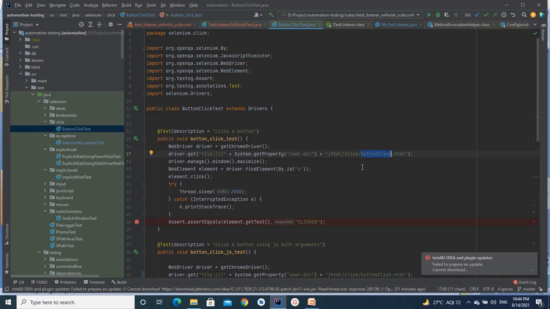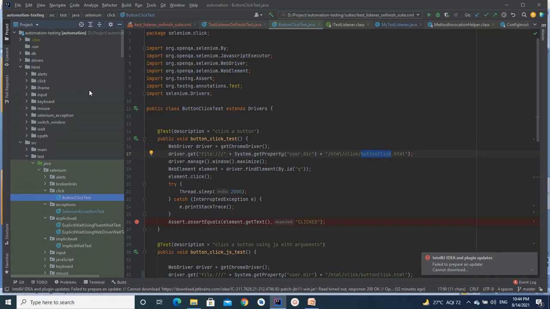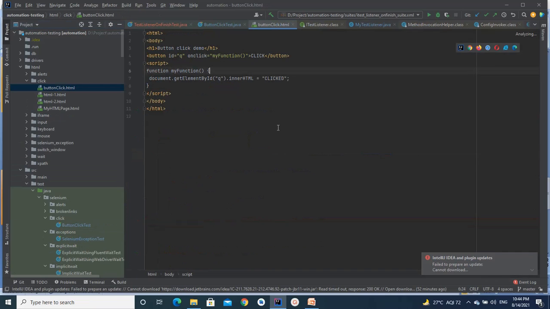The web page is one HTML page that I have created myself, so we don't have to depend on a third-party website to see this click operation work. This button click HTML contains a button, right? The ID of this button is Q, and